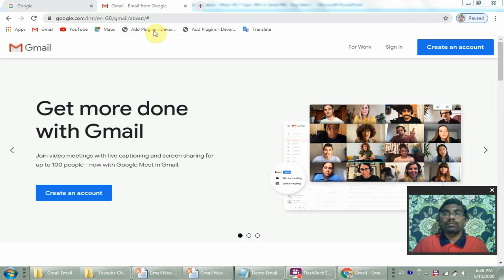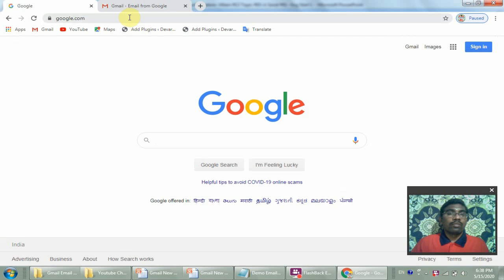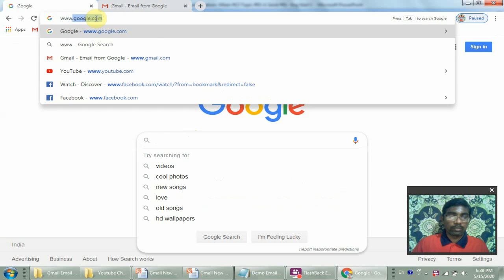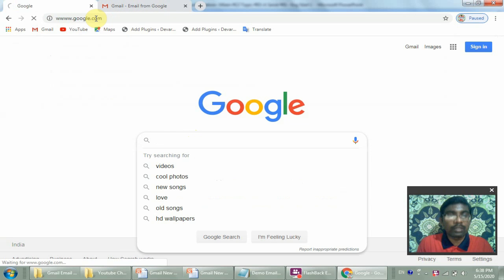Friends, if you come to the browser, I have opened Google Chrome. Here you can type directly google.com. Type www.google.com like this and press the enter key. You can get the google.com homepage.